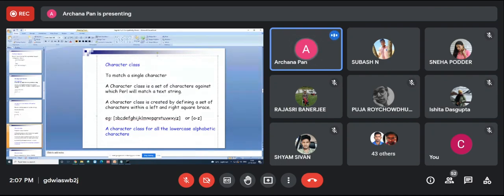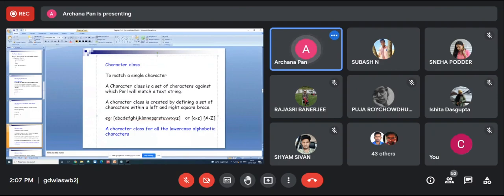Instead of writing it this way, we write a, then a dash, then z, the continuous range a to z. So this is the character class for all the lowercase alphabetic characters. You can write it this way.